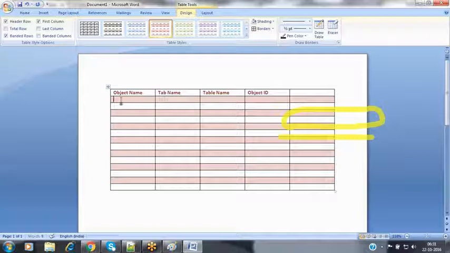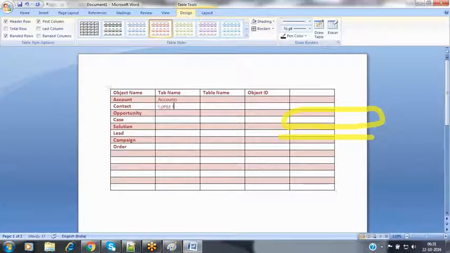Now we have so many objects available, such as account, contact, opportunity, case, solution, lead, campaign, order, like that. For each and every object, Salesforce has provided a tab to you. For the account object, the tab is Accounts.